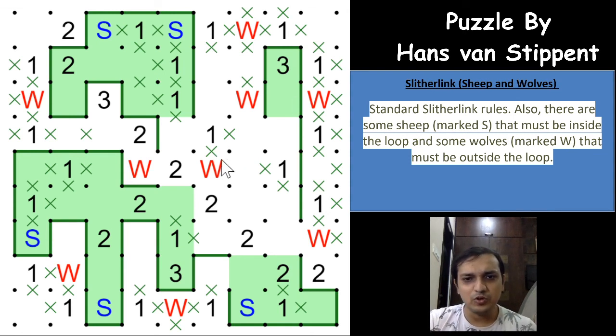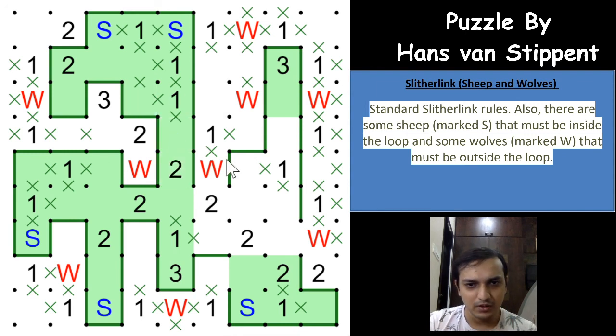So if you see this W now, towards this edge of the grid, it already has an odd number of loop segments, and W should always have an even number of loop segments, right? And there is only one loop segment pending, which means marking this as a loop segment will give you an even number of loop segments in that direction, which directly closes the loop. Excellent, guys. So now this has to continue this way, and these two cells are inside the loop, right? And okay, we have marked till this one.